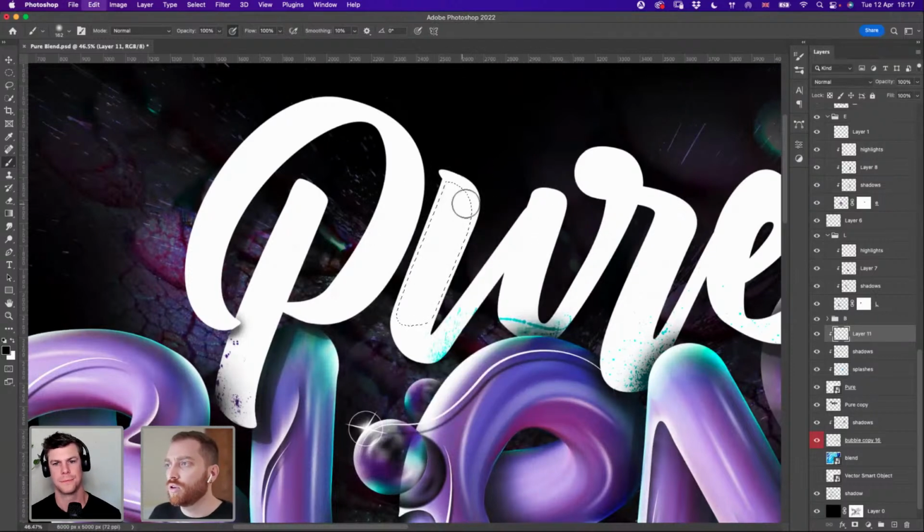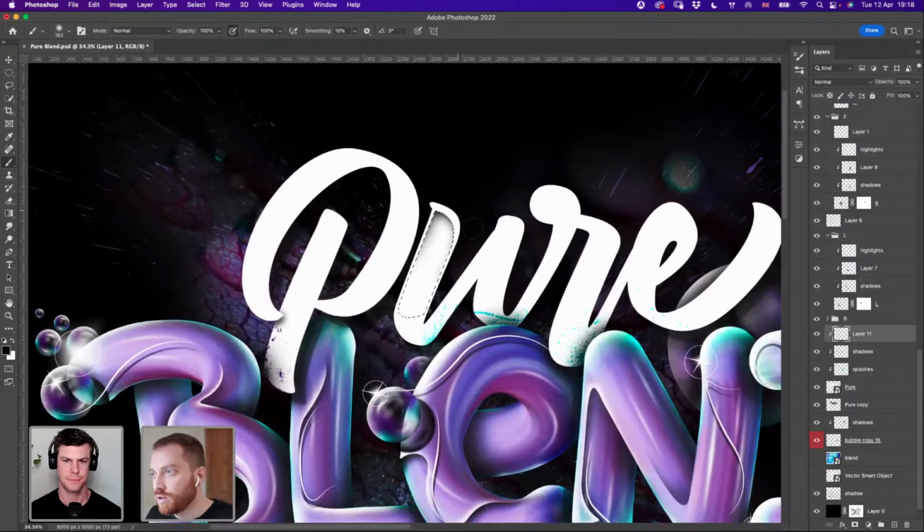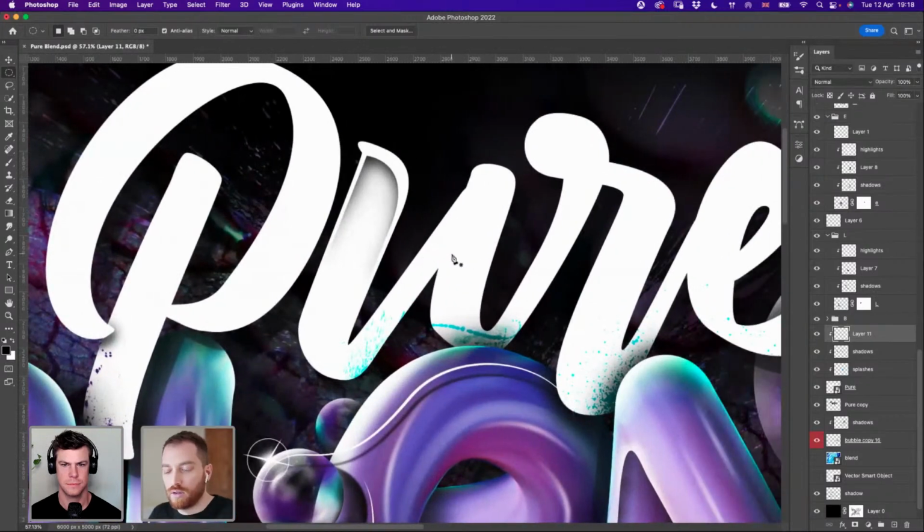I may add some more colors later. I will do that, and we'll make it like a 3D, like there are curves on the letter. Okay, like that. And probably here it can be folding like this.